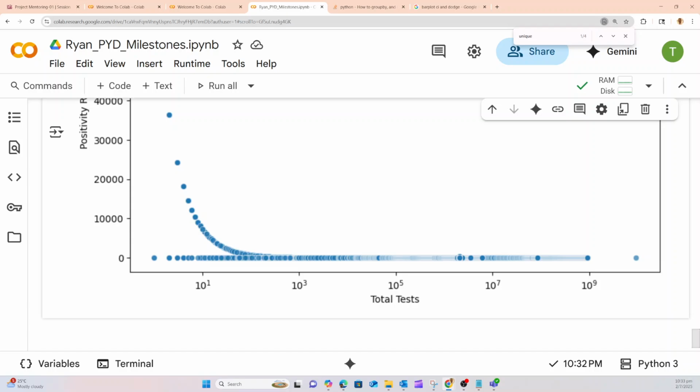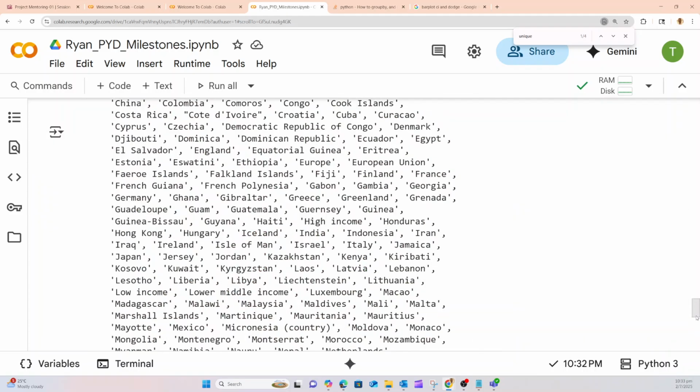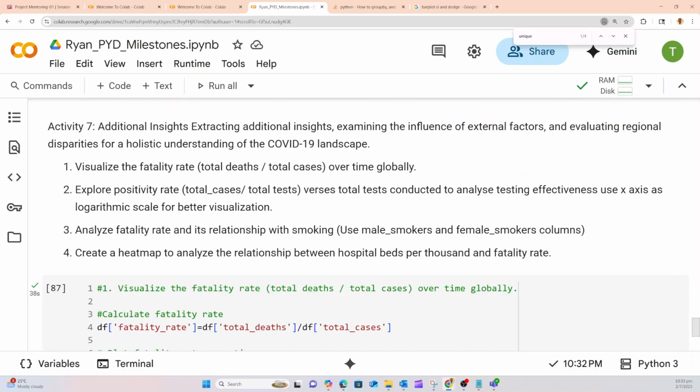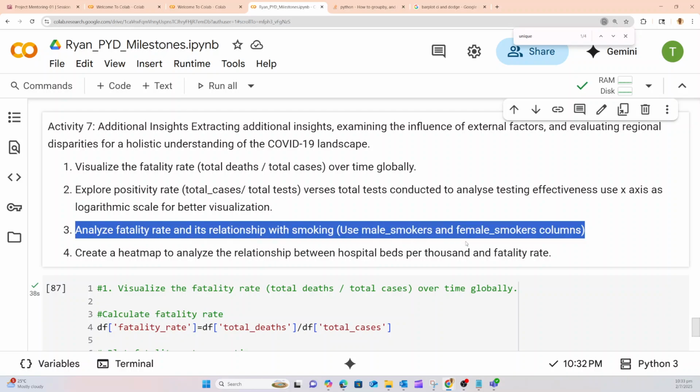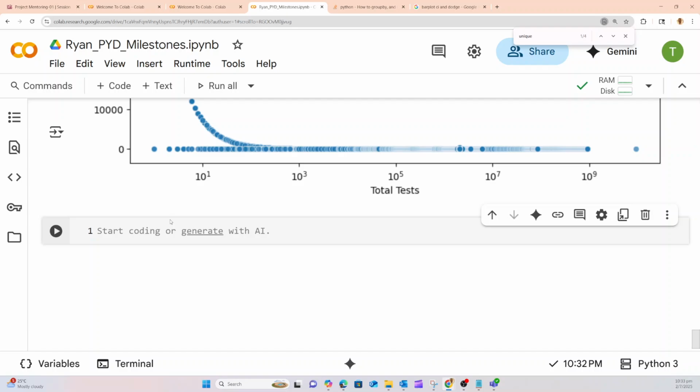After that, number 3 is to calculate the total smokers. Analyze fatality rate and its relationship with smoking. We would find out if there is any correlation.